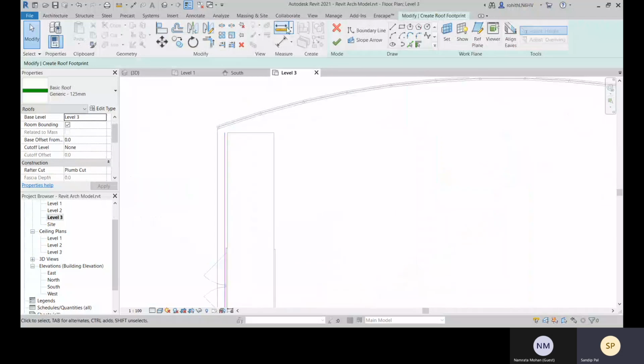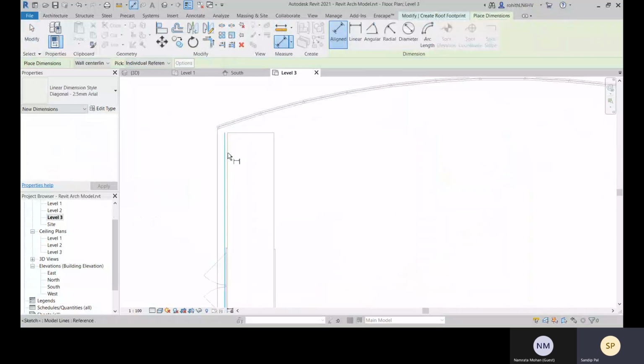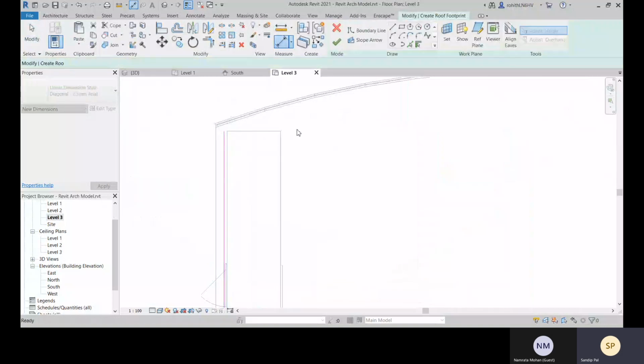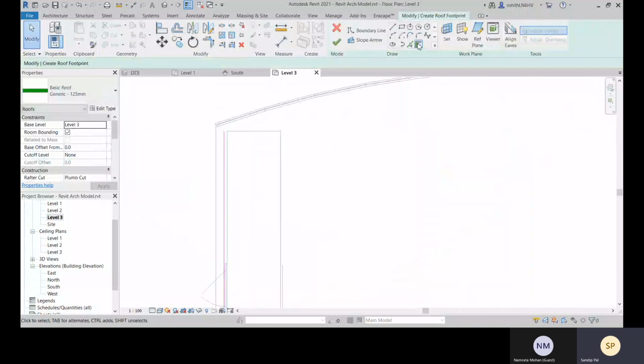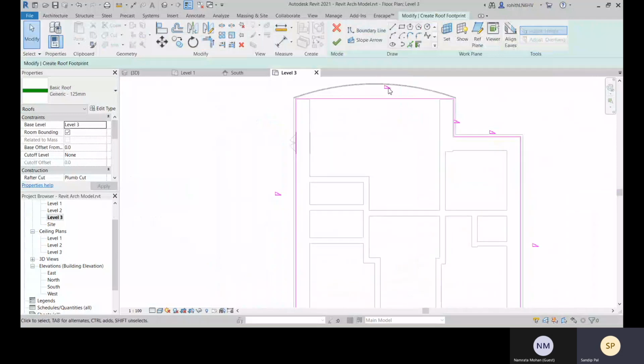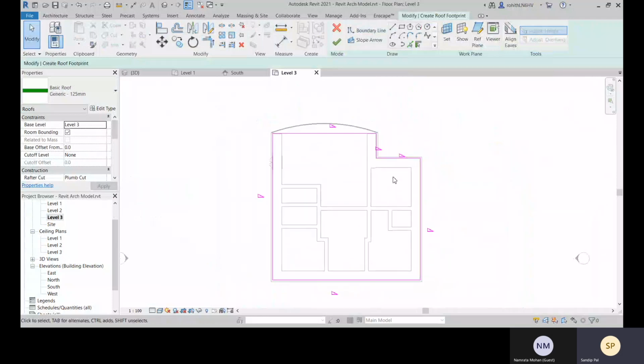So you go with this pick line option, and you give offset 54, and let's create it, and let's trim this. Now you can see these are the slope symbols associated with that.